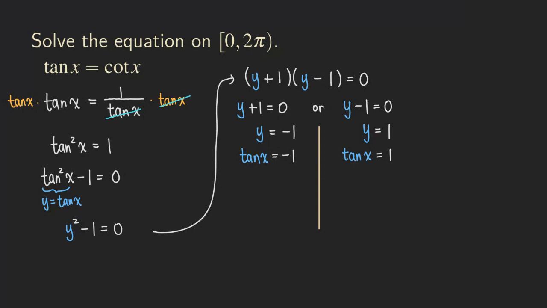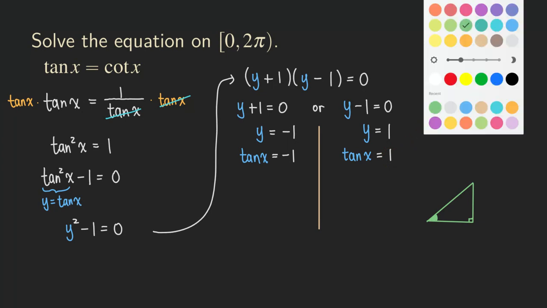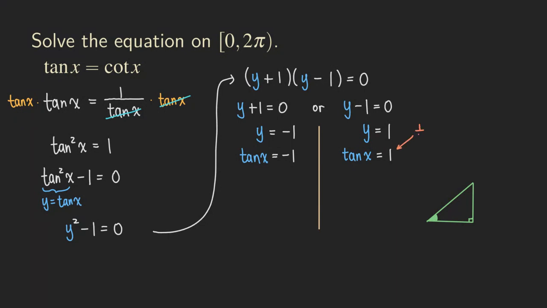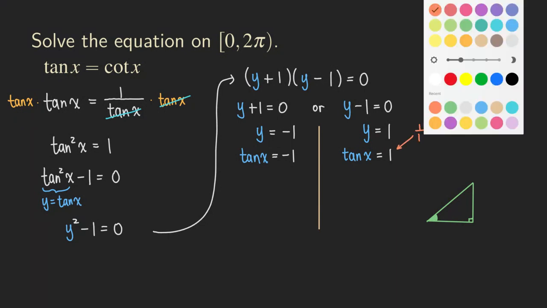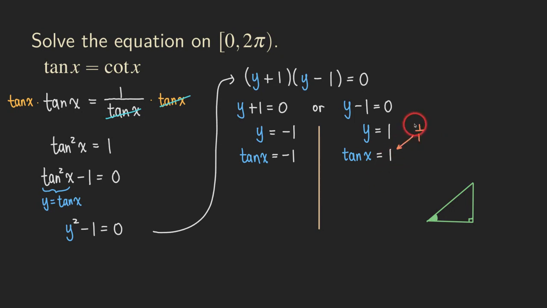Let's just do it on the side. So we construct the triangle, and this would be a 45 45 90 degree triangle, because if you just look at the ratio here, this one is actually, what, 1 over 1, right? So let me use a different color for this one. This one right here, you can write it as 1 over 1. What does that mean? That means you can just label the triangle by using the opposite over the adjacent. That's what tangent is, right? So we have the opposite over the adjacent, and then